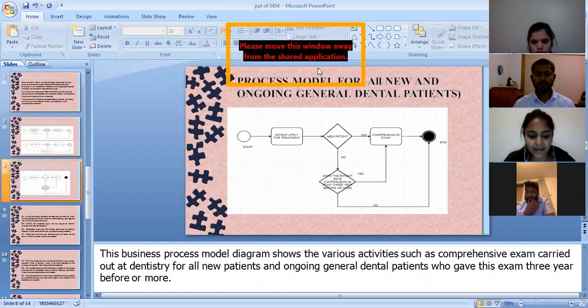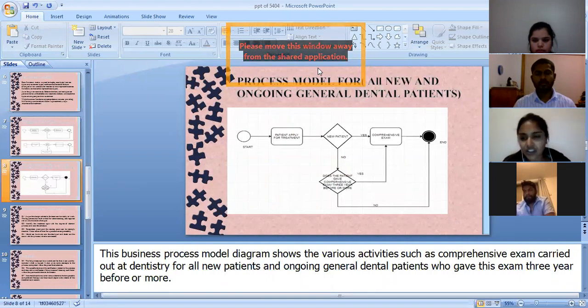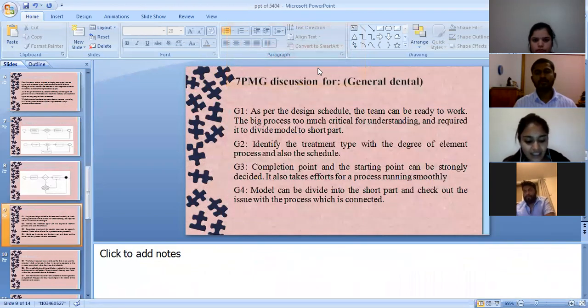This business process model diagram shows the various activities involved, such as the comprehensive exam, as you can see here, done at the dentistry for all the new patients and the ongoing general dental patients who have had this exam 3 years before or not. As we have read the case study, we come to know about this, as it is shown